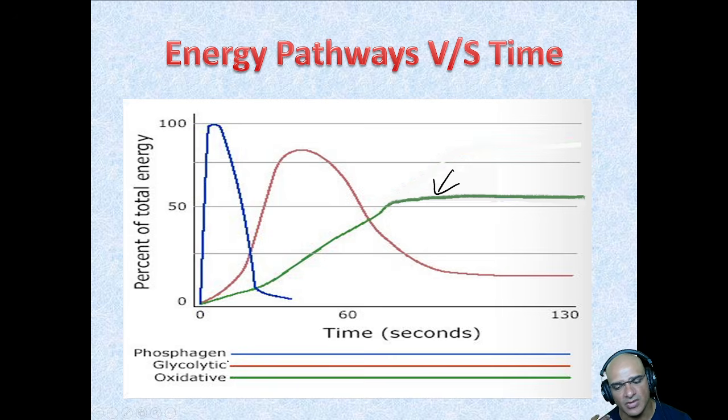The examples of exercises for aerobic system would be jogging, walking, cycling, anything which is done for long duration but with lesser intensity would be aerobic oxidative system. And what's an example of activities for anaerobic glycolytic system? Your push-ups and pull-ups and things like that, where I want to do many repetitions, but I cannot do beyond something like 2 to 3 minutes. The examples of activities for ATP-CP system would be shot put, javelin throw, anything with very high intensity but shorter duration, only 30 seconds of work.